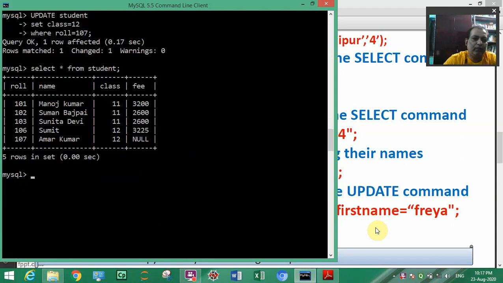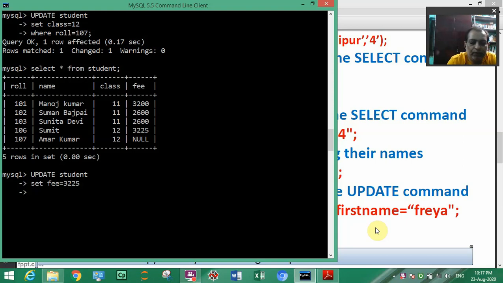So how to update fee? Similarly, you have to write update student, set, what to set? Fee equal to 3,225. Whose fee do we have to change? We have to change the fee of roll number 107.